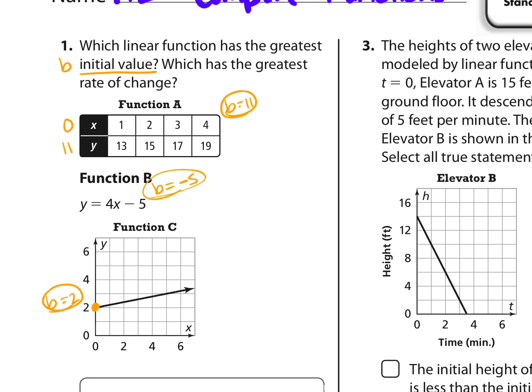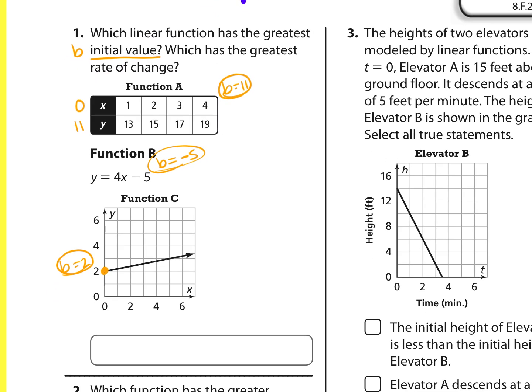So which one has the greatest initial value? The largest number was 11, so that would be function a. The next question is which has the greatest rate of change? That would be slope. So looking at function a, I know that slope is the change of y divided by